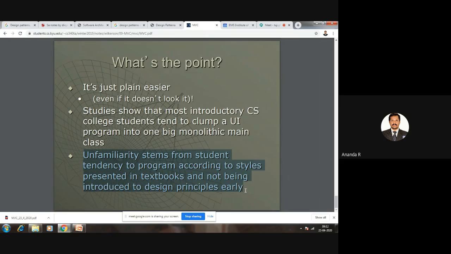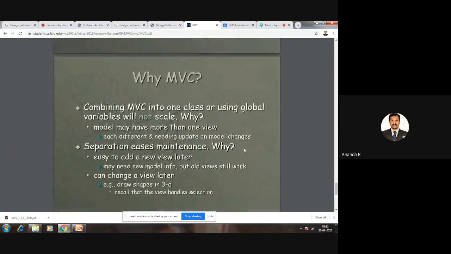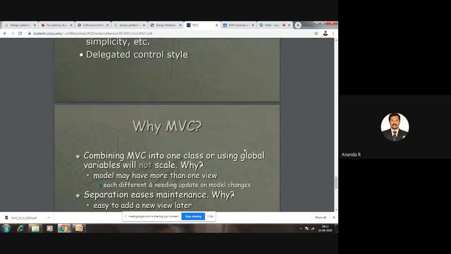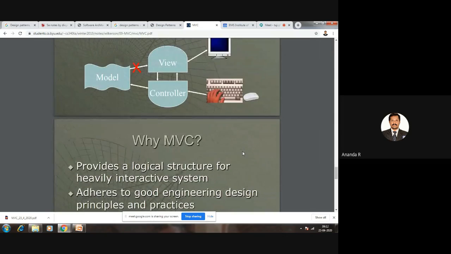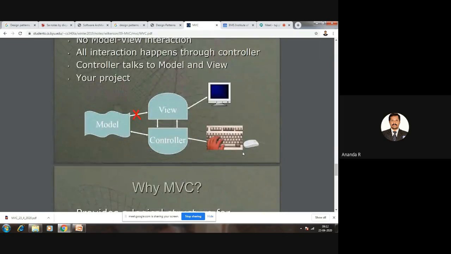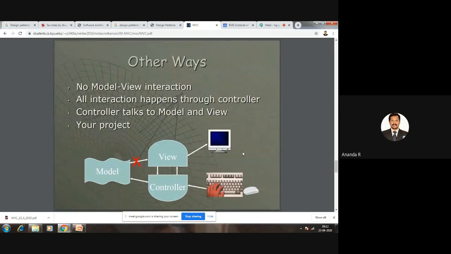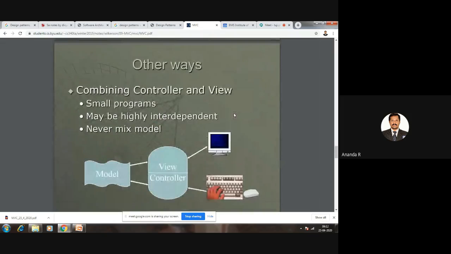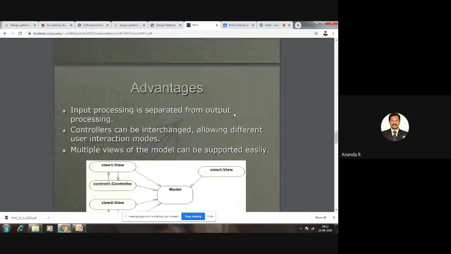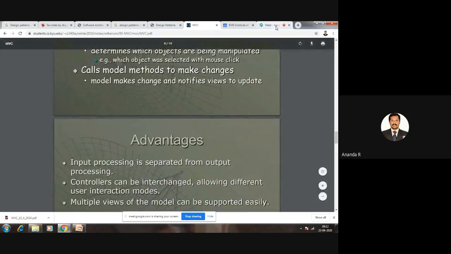Nobody was worried about these design principles, or about the model view controller architecture pattern and software architecture patterns. But nowadays, because of software engineering and so much research in the field, everybody is trying to understand the different architecture patterns and design patterns available for application development. So this is the end of one more small introduction and example of the model view controller architecture pattern and its advantages. We'll see you in the next class. Thank you.